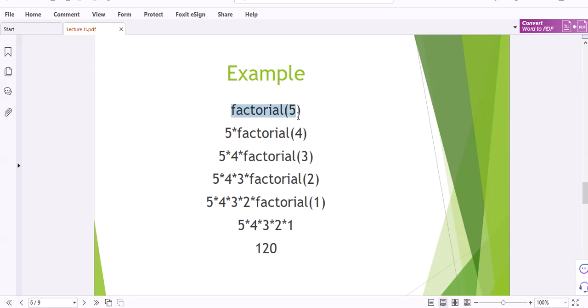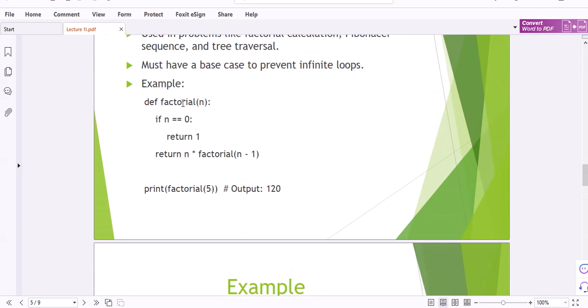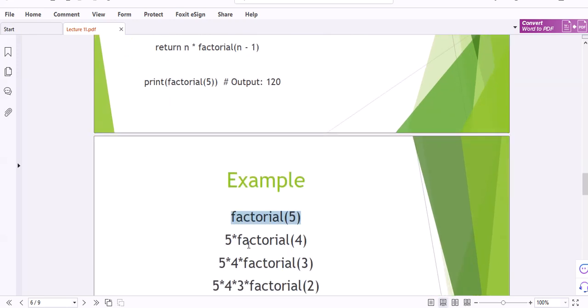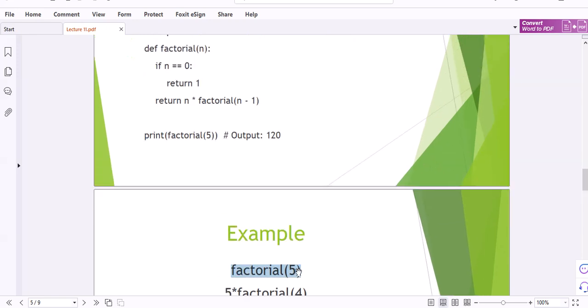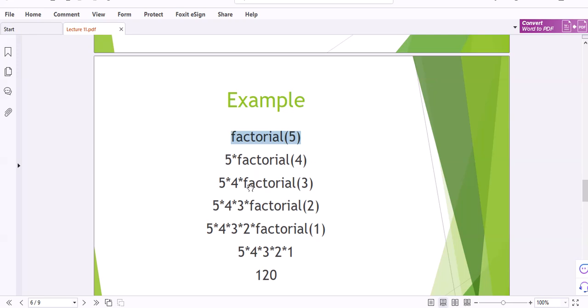Factorial 5 is called here. Now 5 goes here, it checks if 5 is equal to 0. No, so it will return n. What is the value of n? It's 5 into factorial of 4. Now factorial 4 calls this function again, and it will return the result like this, 5 into,